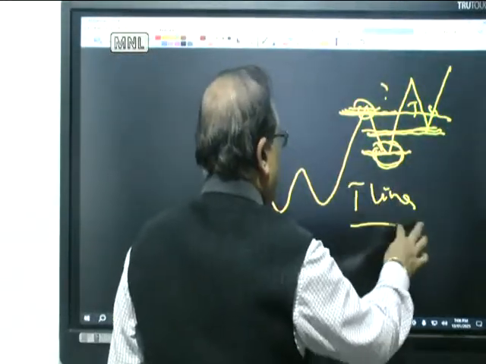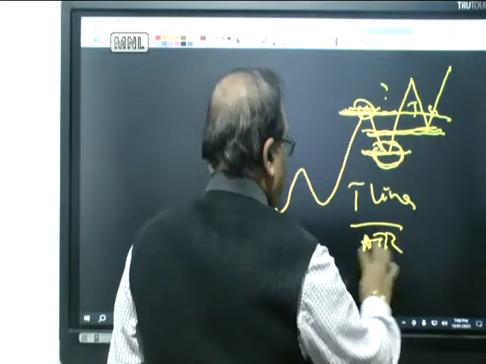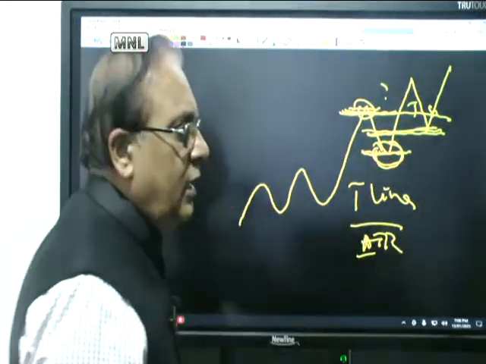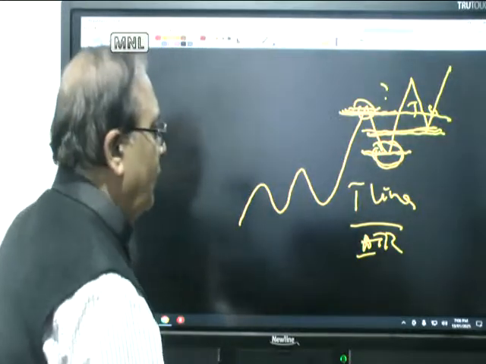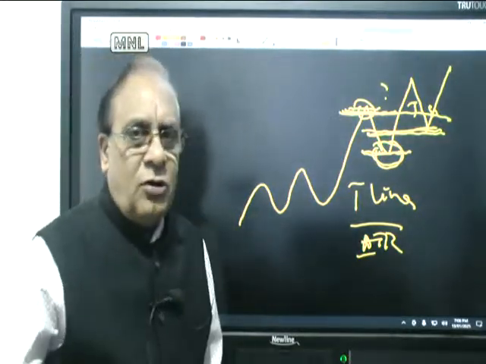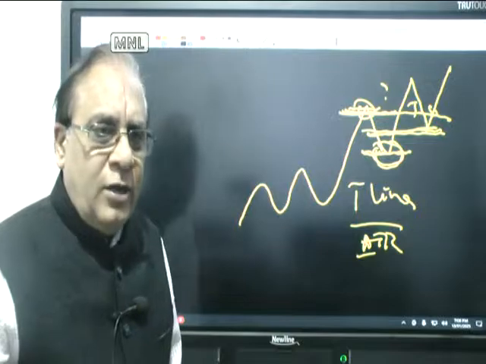So pivot points, trend line, and the ATR concept. These three things we will use along with Fibonacci in a particular stock. For example, let us say now the performing stock is TCS, because the markets are falling down, but TCS has